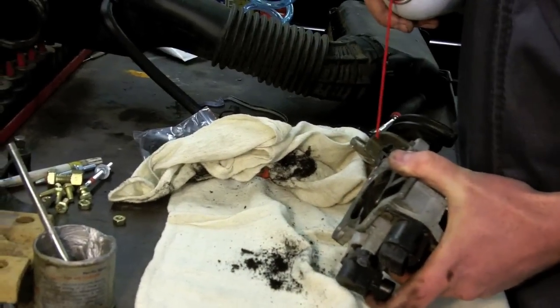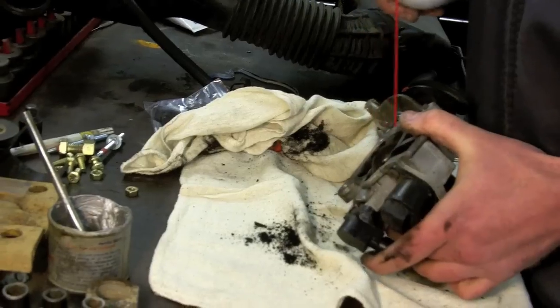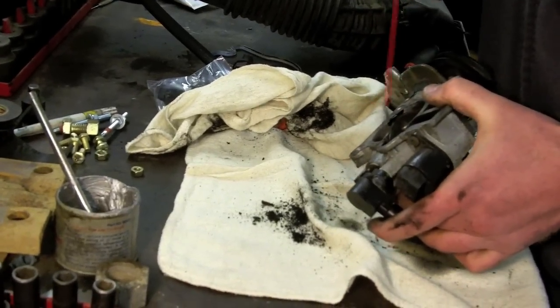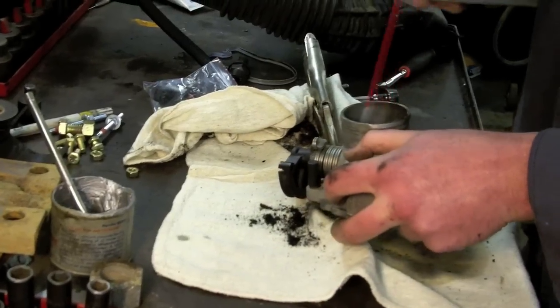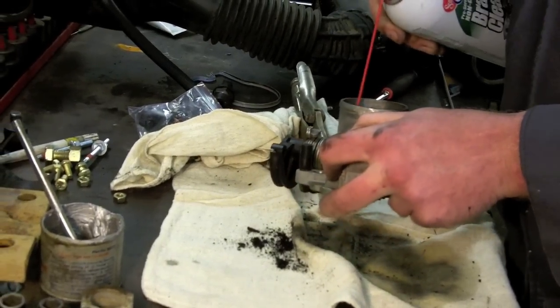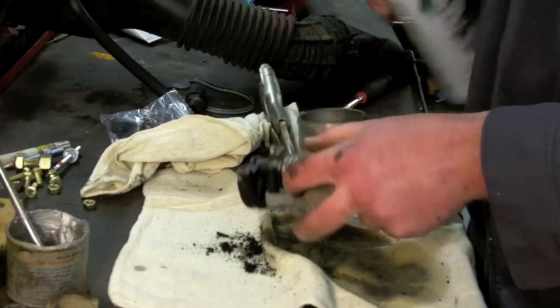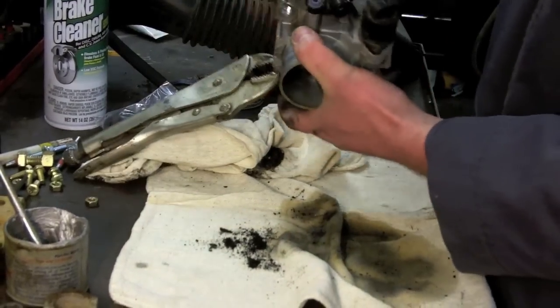Use a little brake cleaner to help dissolve that, and it actually works really well. Works pretty quickly to get all that stuff dissolved off of there. I'm just going to keep working on this, but one final thing I want to show you is